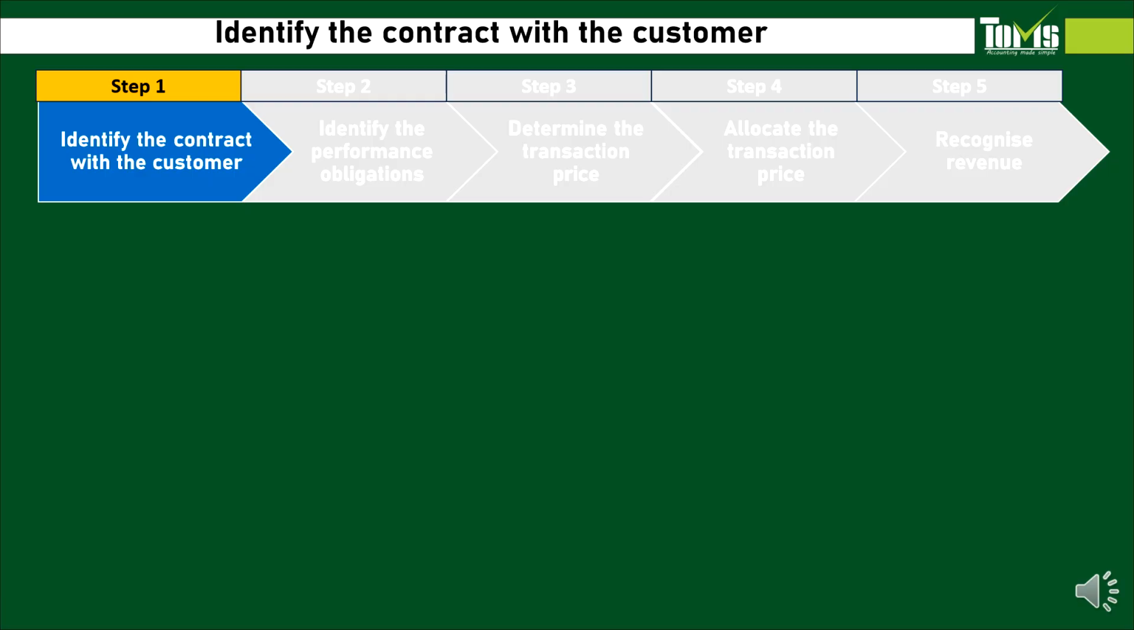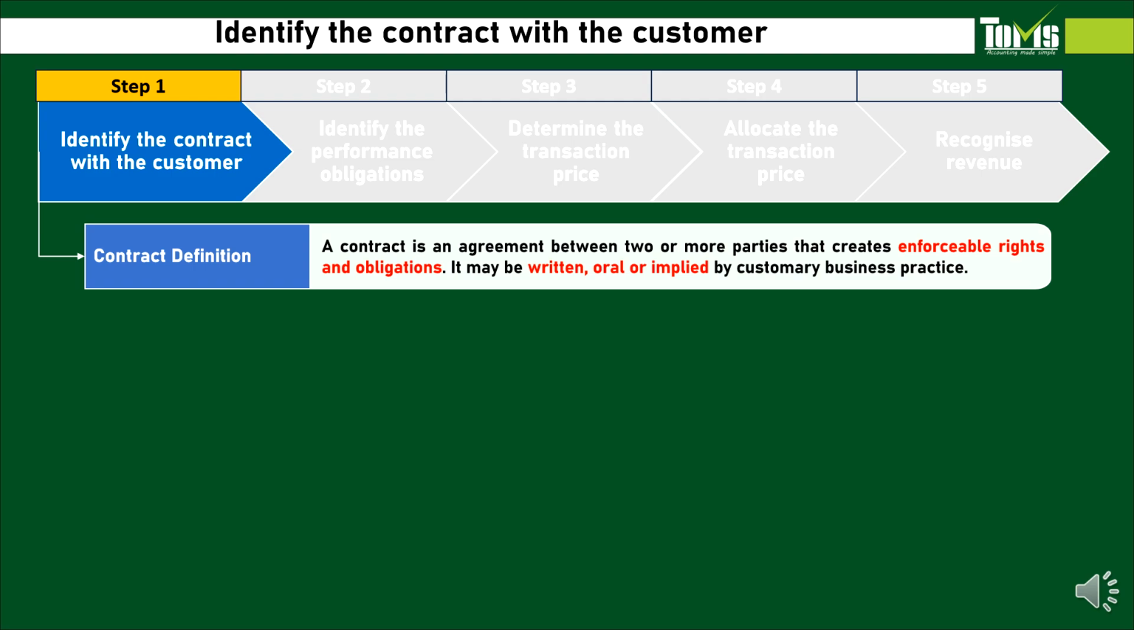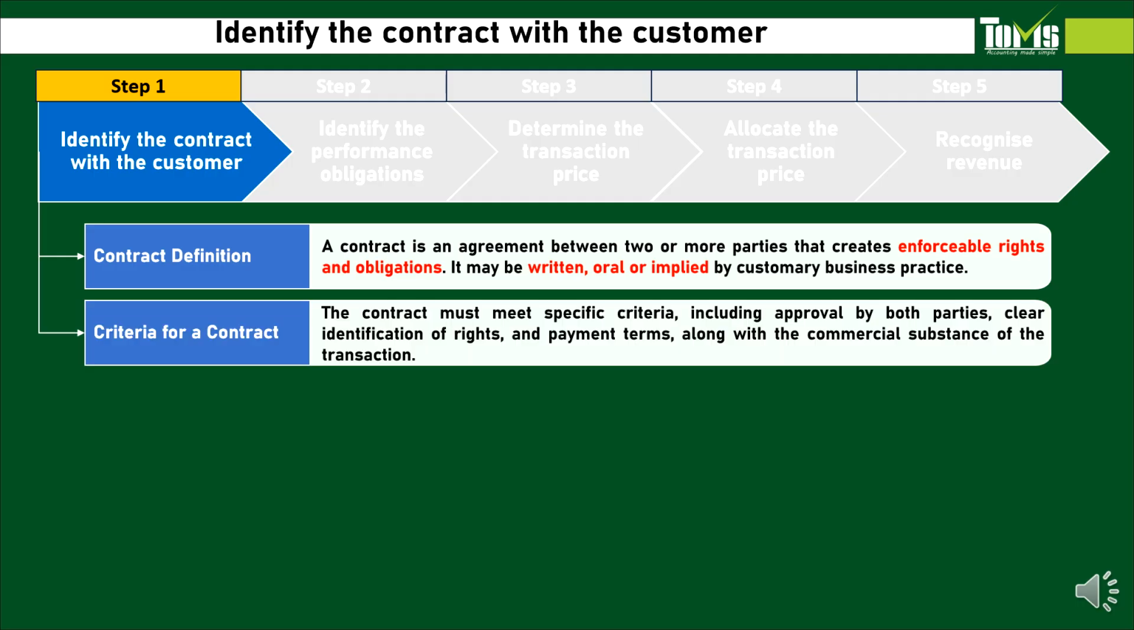Step 1. Identifying the contract. A contract is just an agreement between two or more parties that creates rights and obligations. It can be written, verbal, or implied through business practices. For a contract to count under IFRS 15, it must be approved by both parties, clearly define the rights of